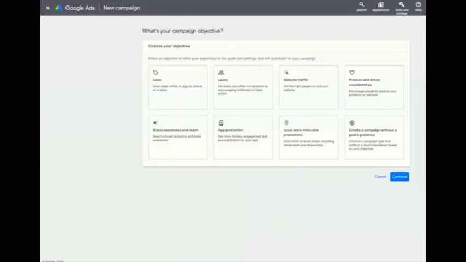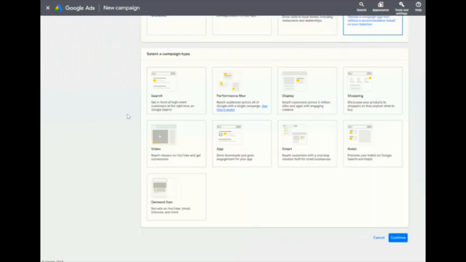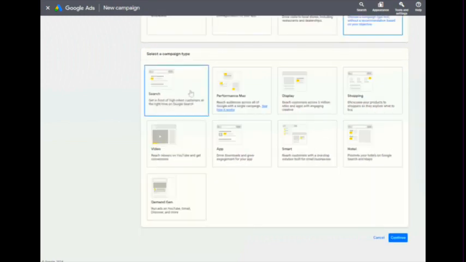So I'll start by choosing the objective of my ad, and I'm going to choose create a campaign without goals guidance. Now this is going to give me complete control. I can do whatever I like, however I want it. I'm going to be creating a very simple search-based text ad that is going to help my products show up when people search for stuff related to what